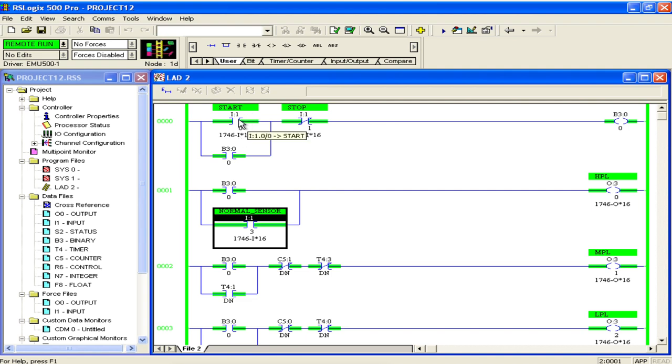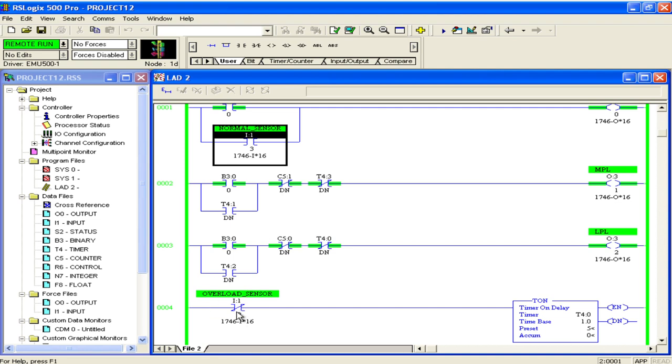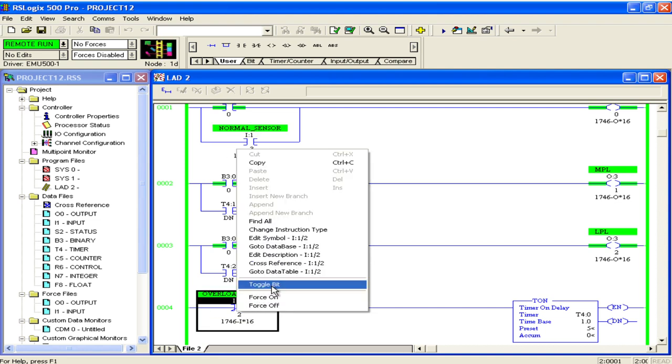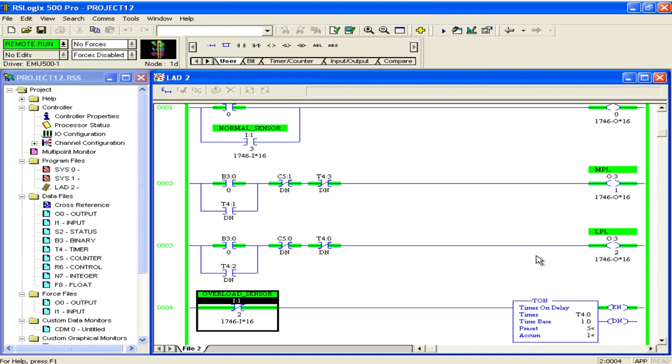Firstly, the start push button is active. At that time the high priority, medium priority and low priority loads are all on. That is the condition where there are no fluctuations, the normal condition. When the overload sensor gets on, it will check whether there are any fluctuations or not. For 5 seconds it will check the fluctuations, and after 5 seconds the low priority load will get off,